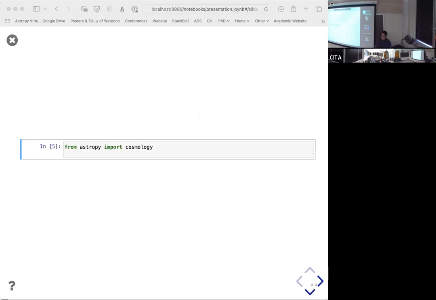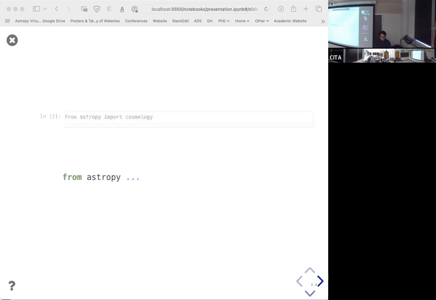Astropy Cosmology is the core Astropy package for cosmology, providing primarily tools for computing background quantities. Because it lives directly within Astropy, it is often the